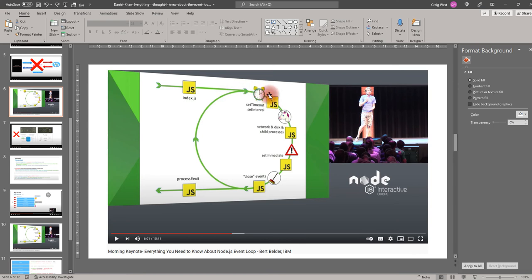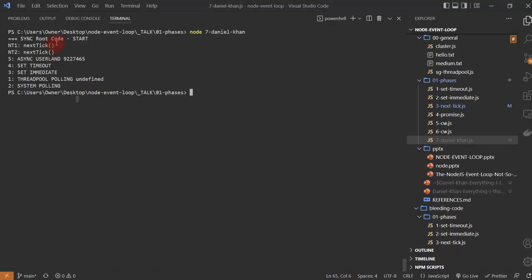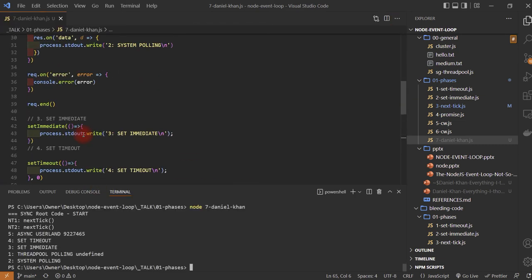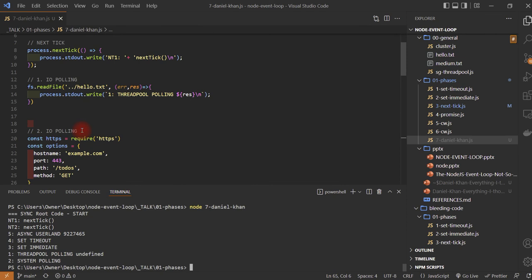It goes through set timeout, set intervals, any child disk processes, then set immediate and close events. And with each of these, we'll see later that it will do its own phases. And in between after this, that's when next tick is called. So coming back here, we can see next tick 1, next tick 2 gets invoked, not at the very end of the file, where it is down here, but simply when we've done the first tick, we do this function,